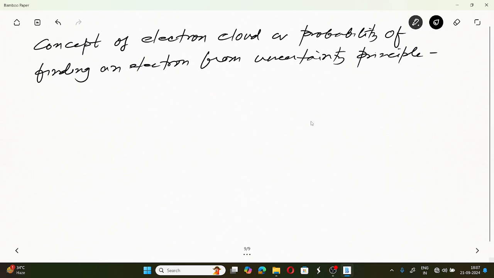So we can have an idea. In fact, the uncertainty principle first gave an idea about the fact that electrons are just not particles localized in specific orbits. We can actually explain the electrons from probabilistic concepts. How? See,